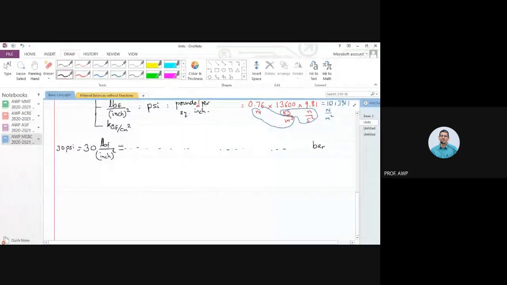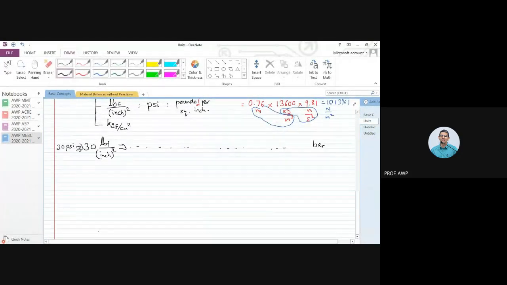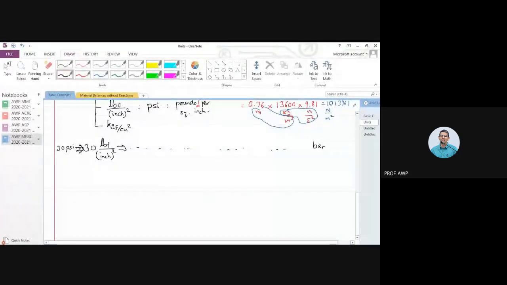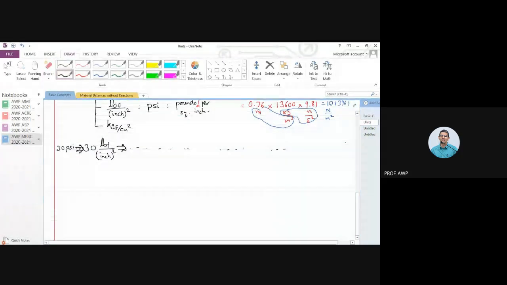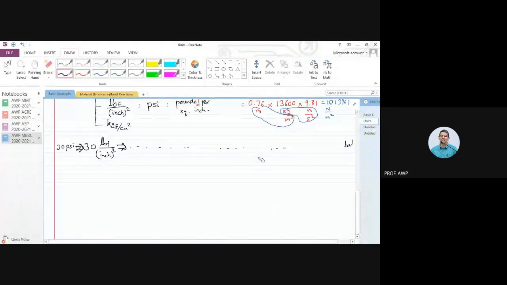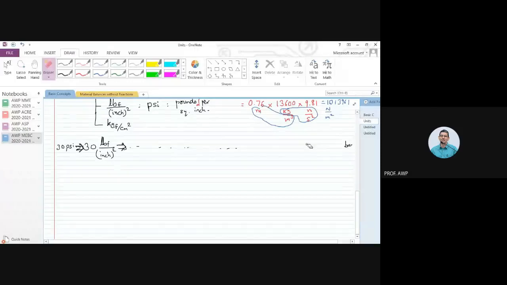I would like you to convert this into bar. So I'll give you a couple of minutes to do this. We would like to convert that into bar. So do this conversion, do this calculation. 2.068 bar. Okay, so one answer